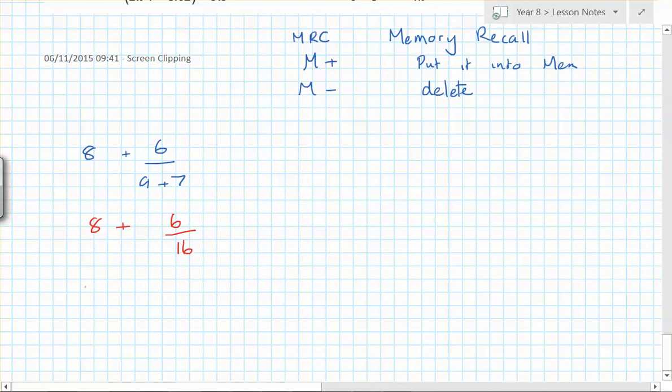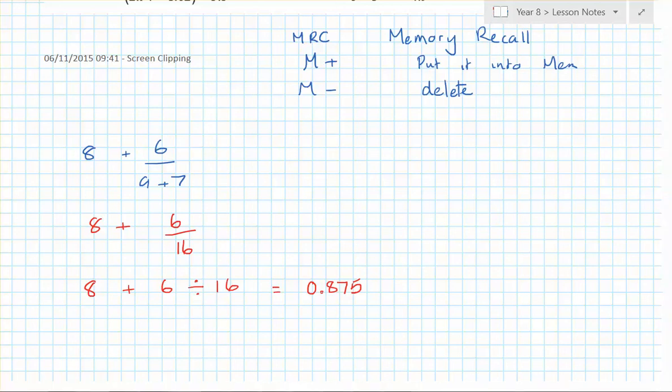Is it 6 divided by 16? Right, now here's the thing. If you type into the calculator 8 plus 6 divided by 16, what answer do you get? 0.875. Are you correct? Why not? You think we would have to do 8 plus 6 and then divide...